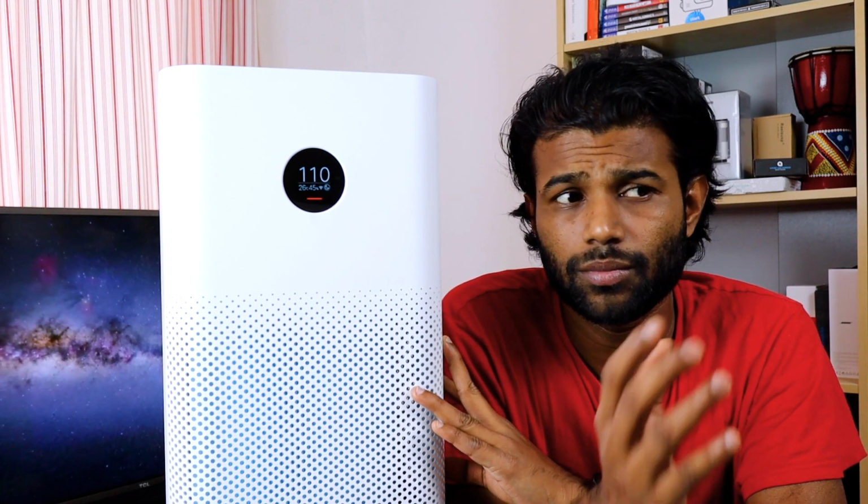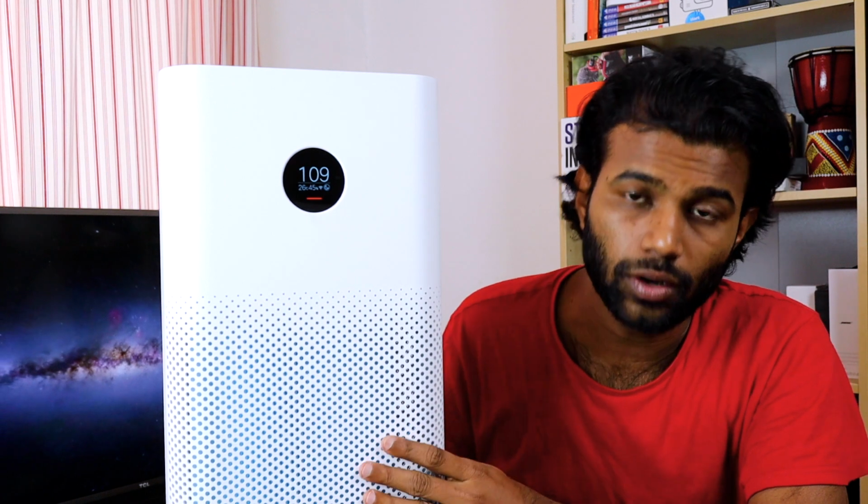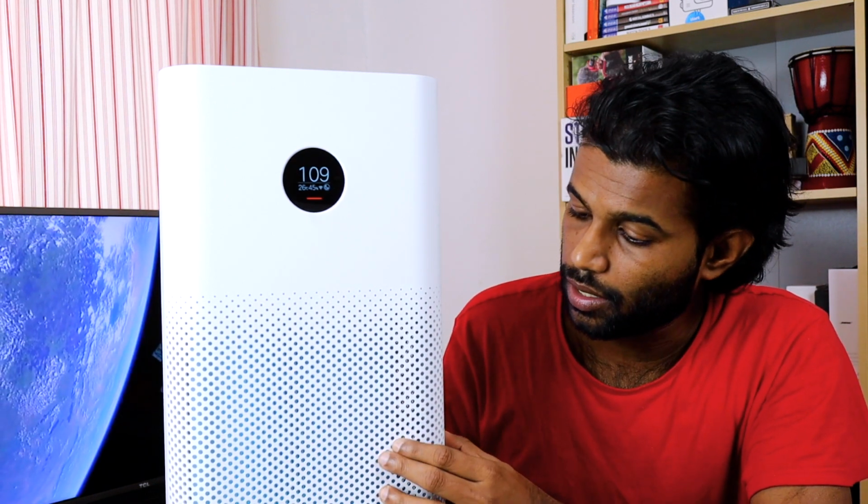The setup is not that hard, but I ran into trouble for some reason, I don't know, and I had to reset this 2 or 3 times to get it working. But still, the initial impressions are good. The build quality seems good. It's plastic, but it feels very rigid and a bit stylish as well. Let me use this for 1 week and get back to you with the results, on whether it decreases the amount of dust and odors inside my room. Until then,